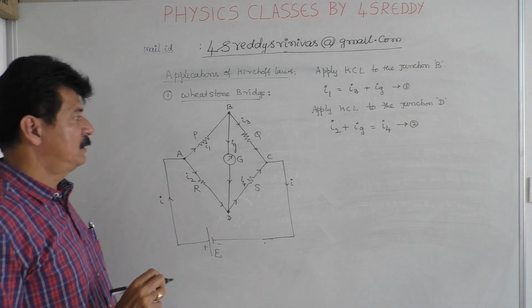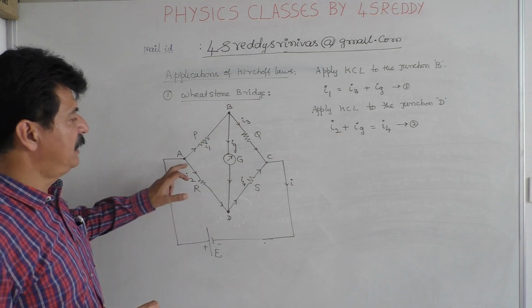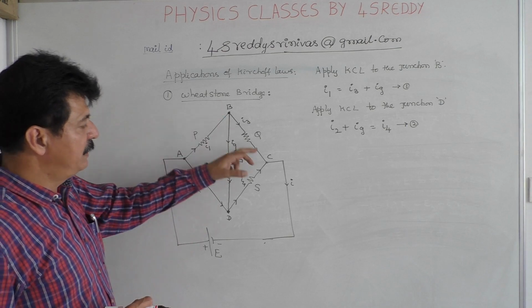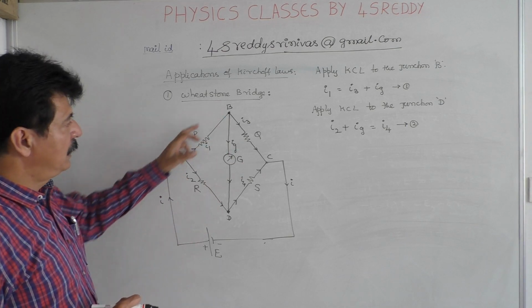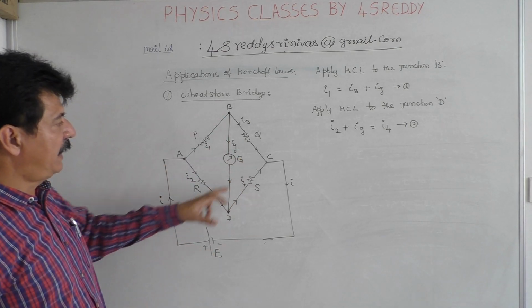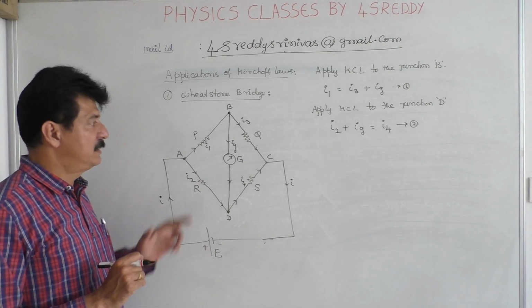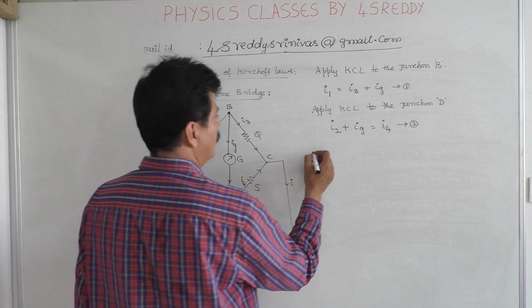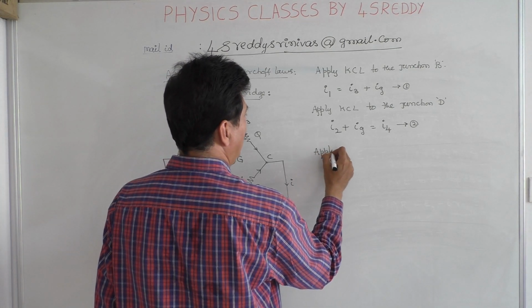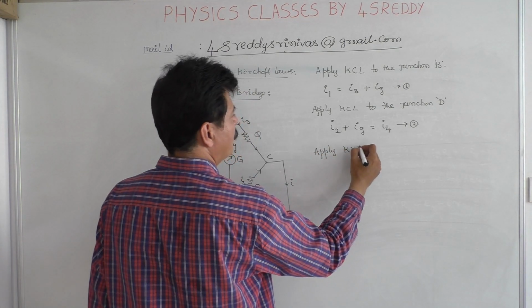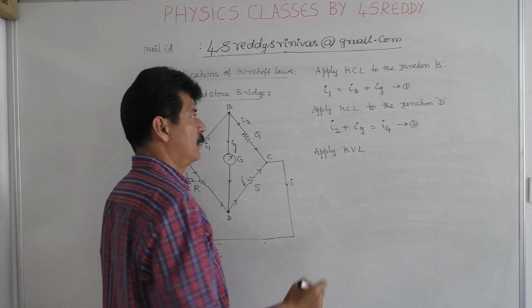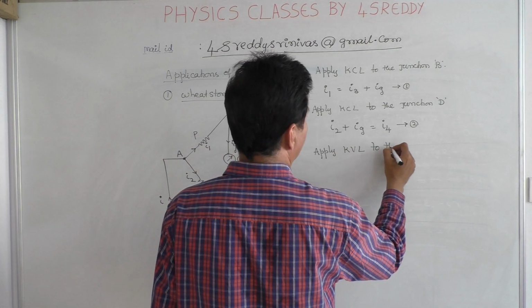Now, if you observe this diagram, ABDA is one closed loop, BCDB is one closed loop, ABCDA is another, so many loops are available. The simplest loops to take for applying KVL, that is Kirchhoff's voltage law, which is nothing but the second law, is the loop